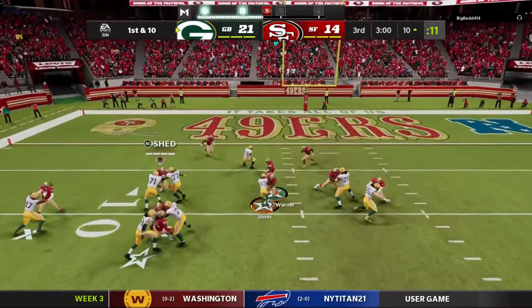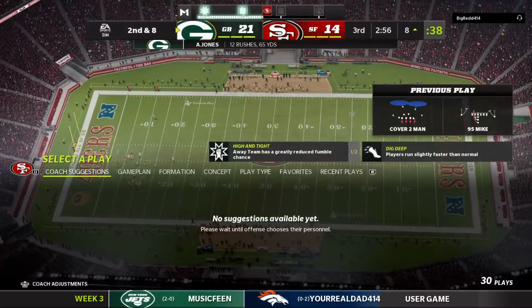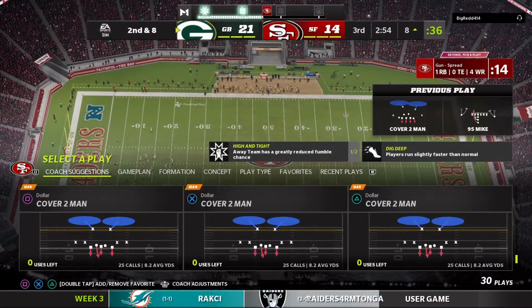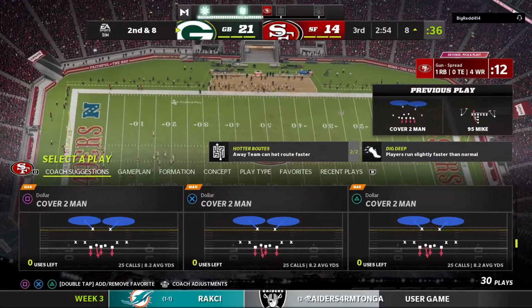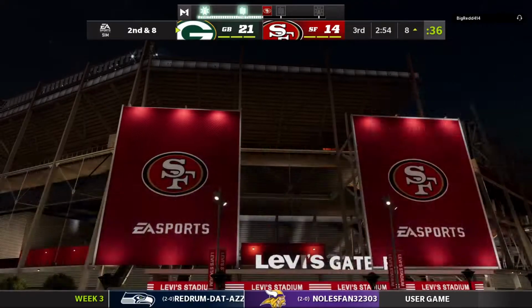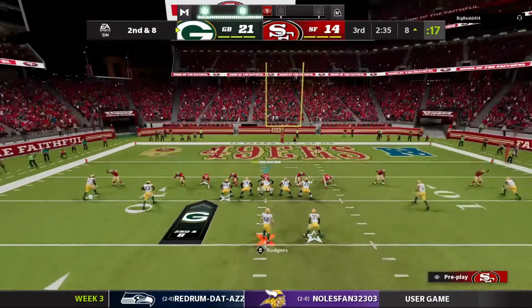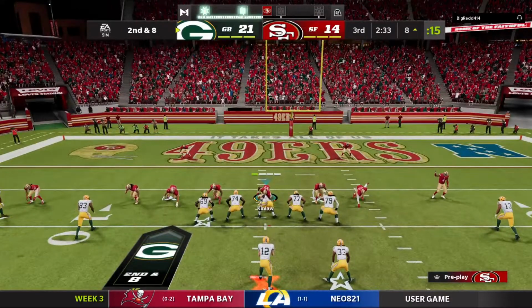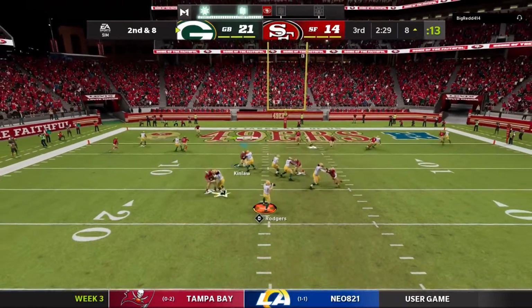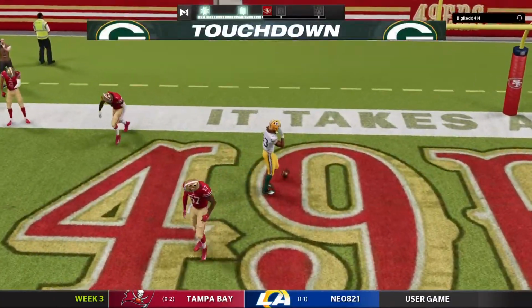The give is to Jones. And running room hard to come by here. He gets it down to the 8. Gives him a couple on the carry there. Second and 8. When we talk about defenders, specifically linebackers, keeping their eyes in the right spot, he had that eye down the entire time. And you know that's not easily done because they throw a lot of misdirection at you. They try and fool you and get your eyes in the wrong place. But you're right about that one. He correctly figured that one out